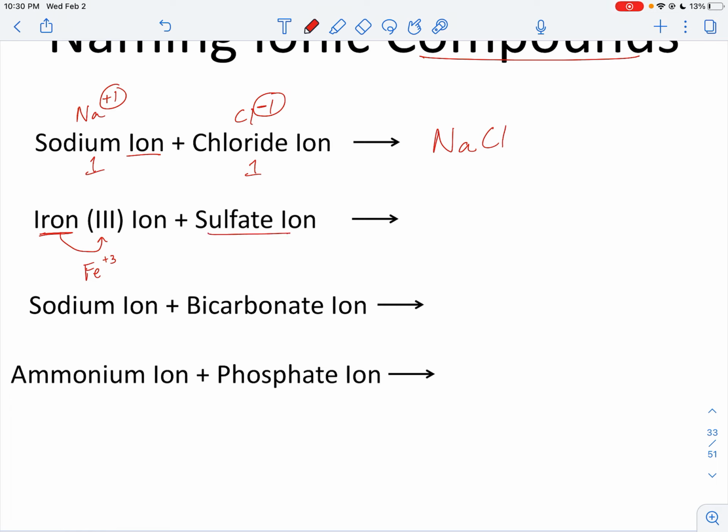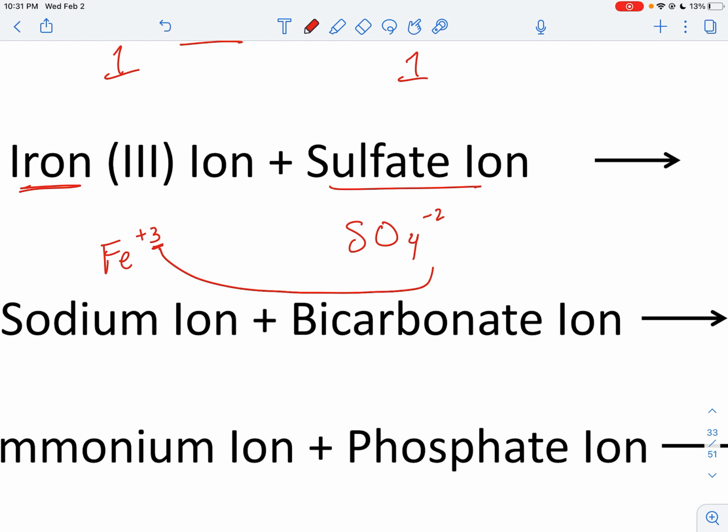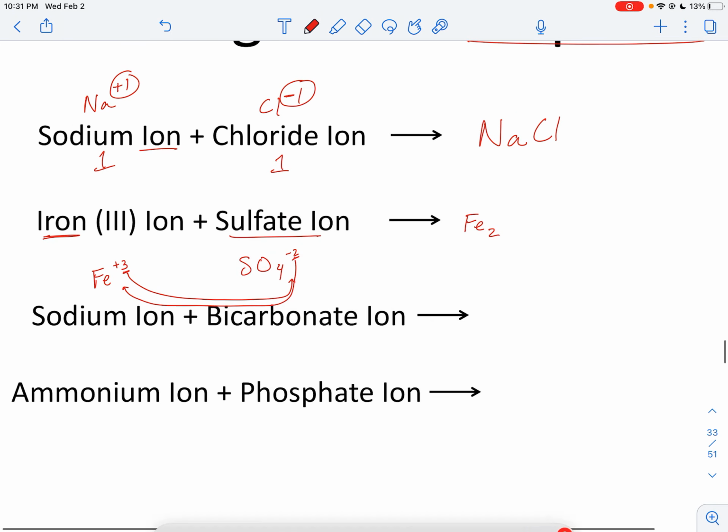Okay, so we want to write a compound that has the iron cation and the sulfate anion. And you can apply the switch trick if you want. Iron has a 3 in its charge, so that means I'm going to need 3 sulfates. And sulfate has a 2 as its charge, so that means I'm going to need 2 irons. So what it would look like is Fe, and then I would write a 2 here because I'm going to need 2 iron cations. And because sulfate is a polyatomic,